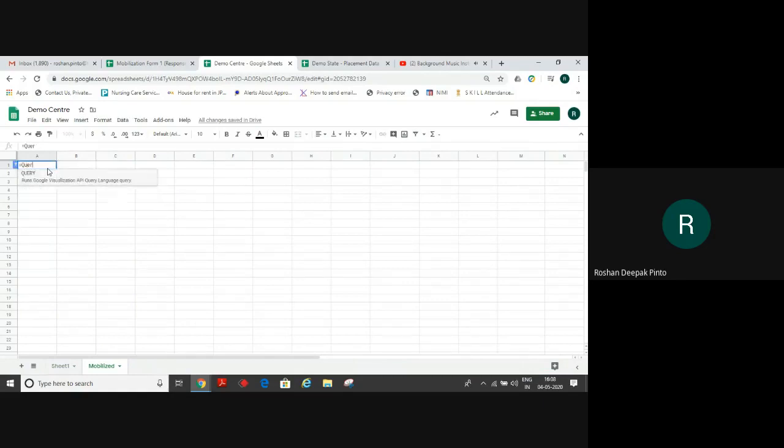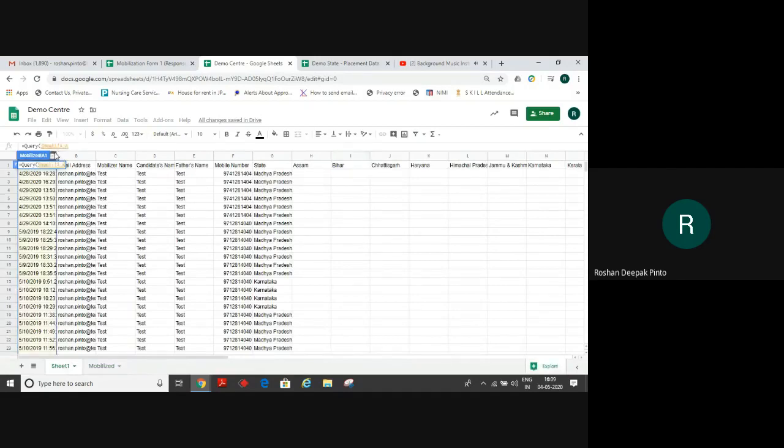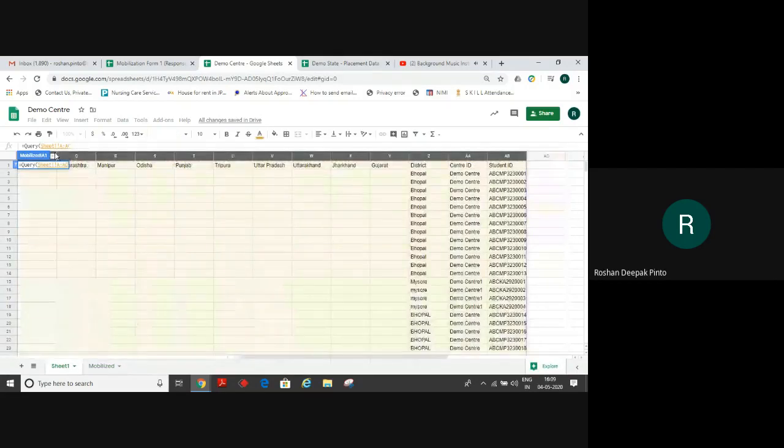Remember, query is also an important formula in our case to make an automated ERP. Now I have to create a range from where to pick up the data. The range will be the previous sheet, from A till the end, till AB. I'll put a comma and open inverted commas.